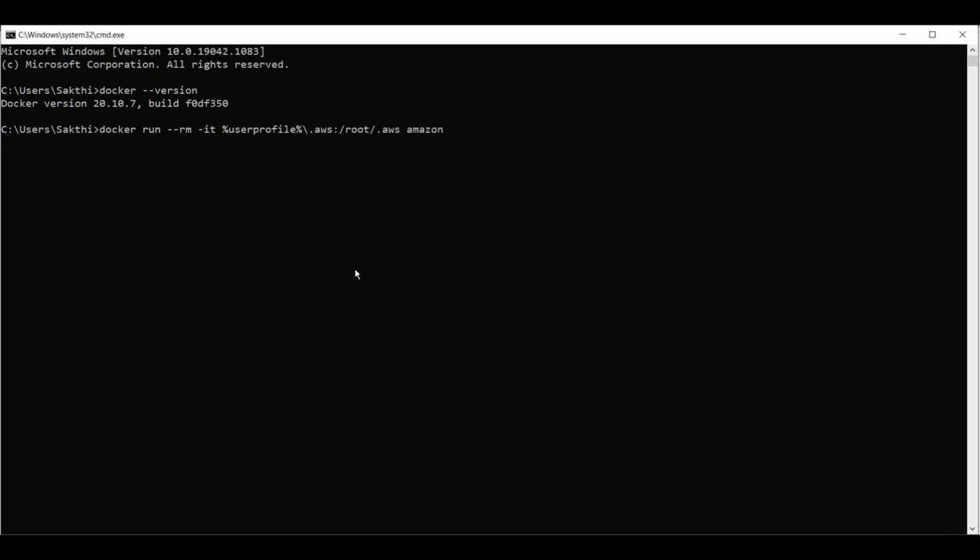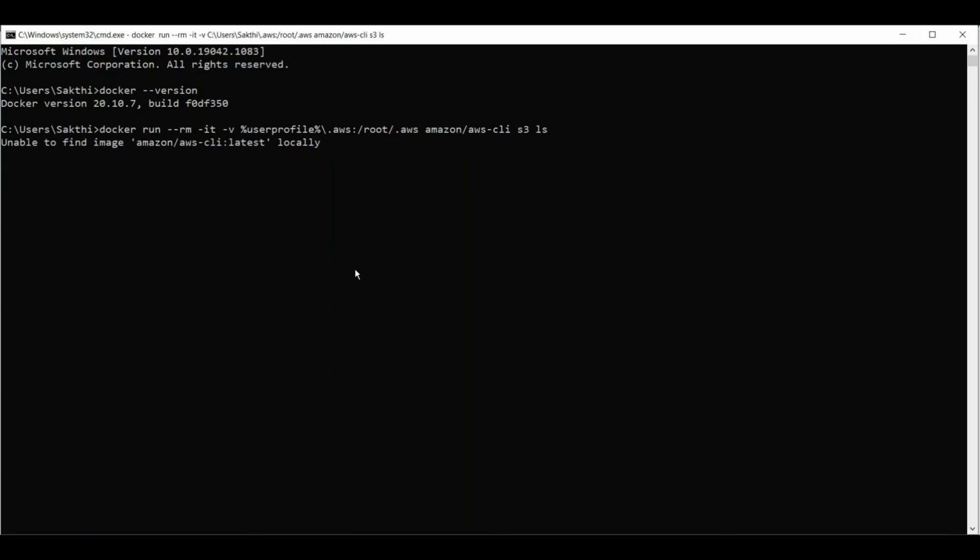And we need to download the AWS CLI image, and we need to run the commands. You can use the -e option to get the detailed information of this.